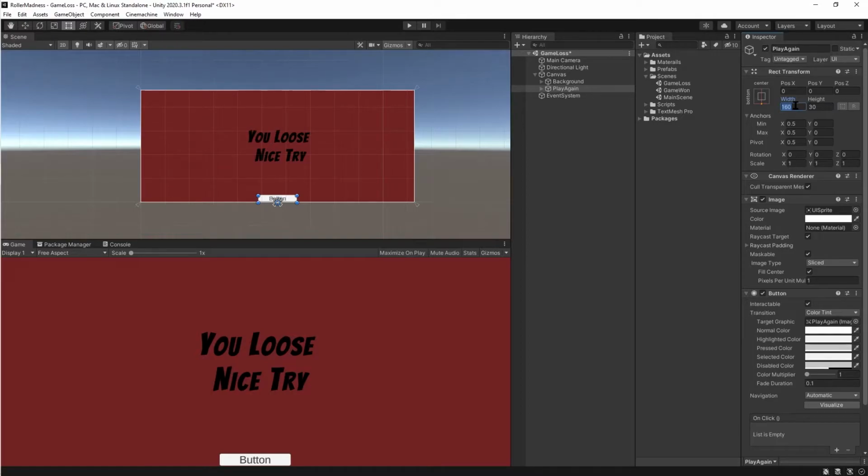I'll change the width and height of the button.